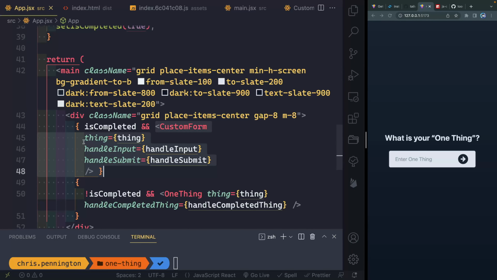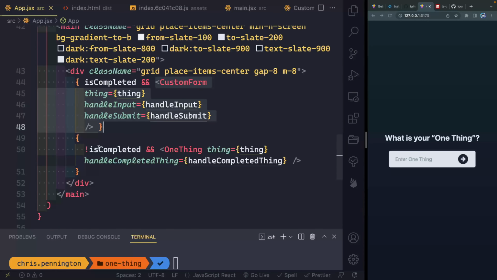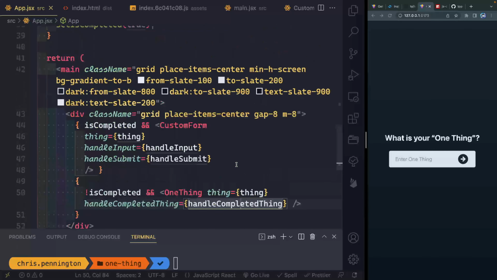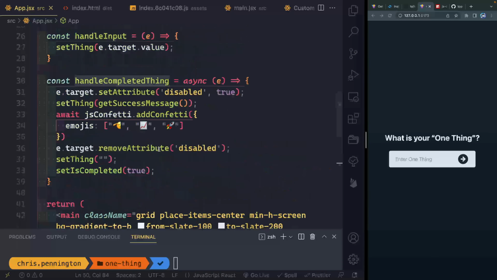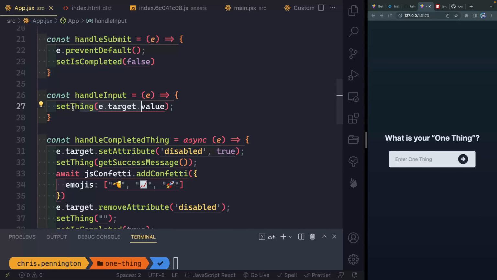component. Pass a bunch of props down to it so it can handle everything, pass some state down to it, and then if it's not completed, then show this one thing. Again, pass something down to it and pass this down, which will prop drill all the way down to that button component. Now at that state, what I'm going to do is start to type. As I type, this handleInput is going to be slowly updating from right here, the setThing to whatever